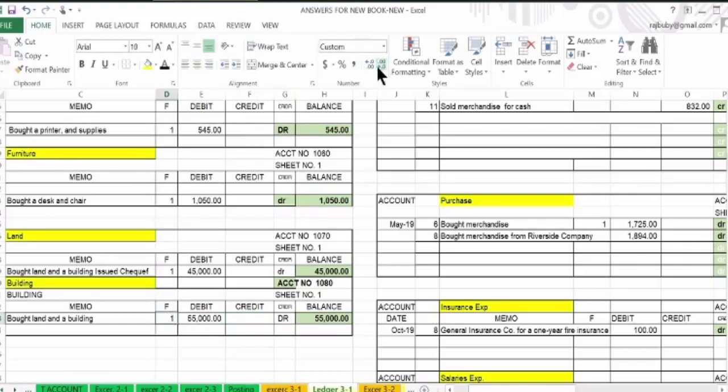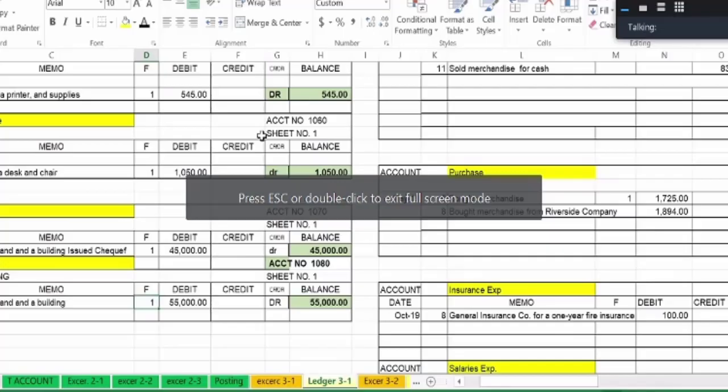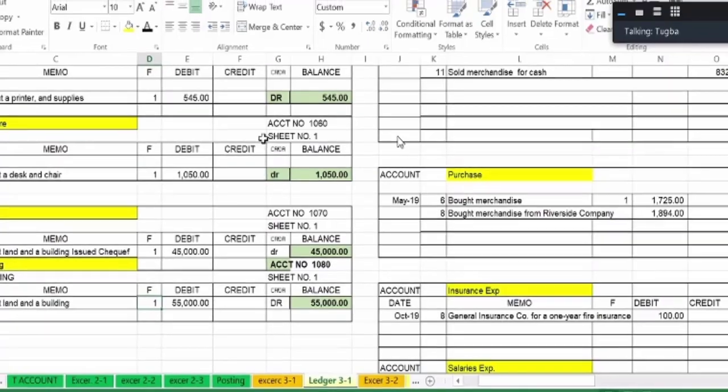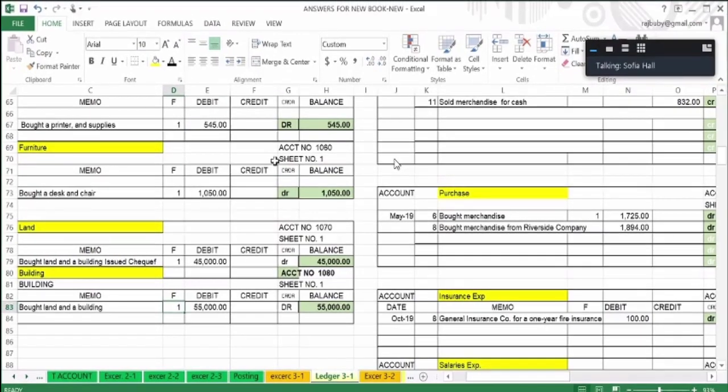I have a question. Should the balance be calculated automatically, or should I write it manually? Like a land. Can you go to page 83? Yeah, H 83, 55. Can you see that, right? Should it be calculated automatically, or should I write that manually? Oh, yeah, you have to write it down. Okay, it is not automatic.